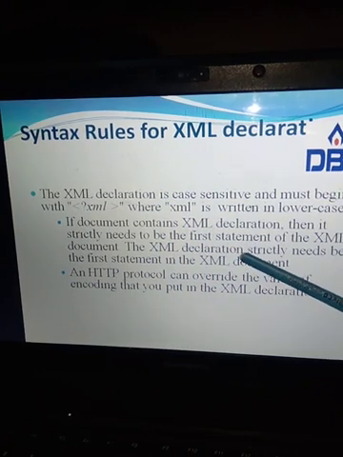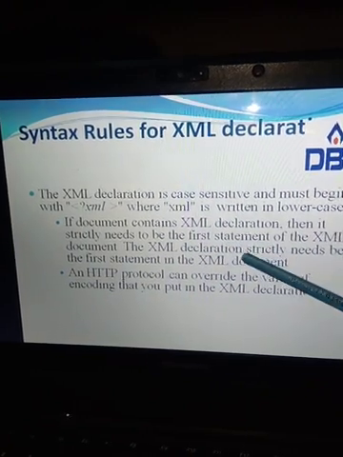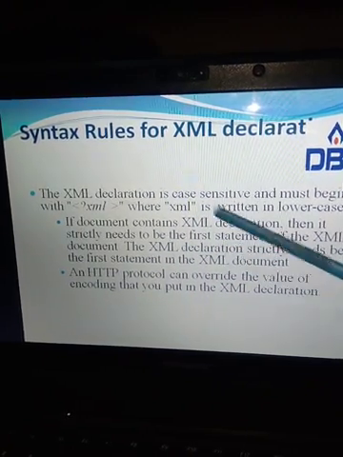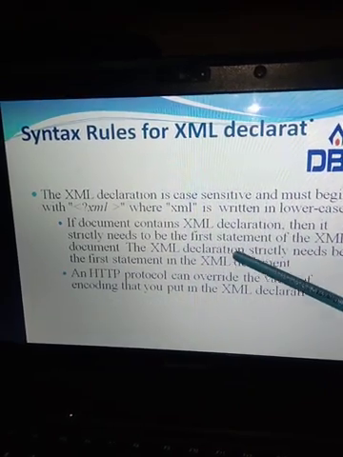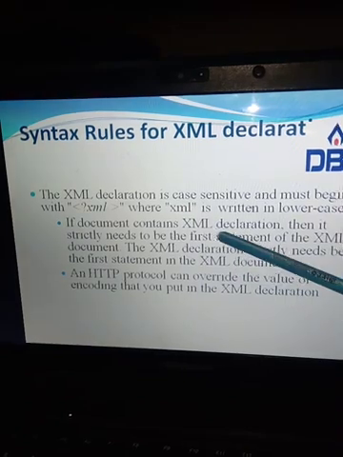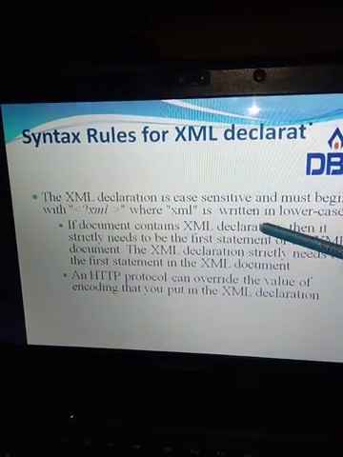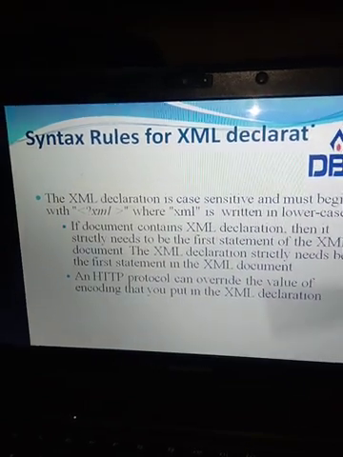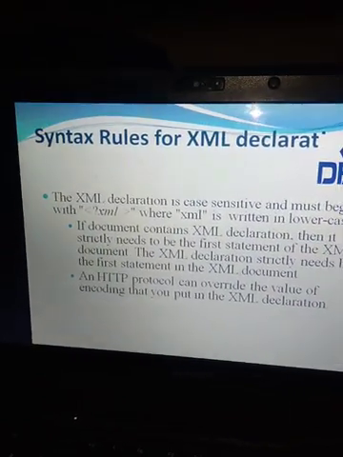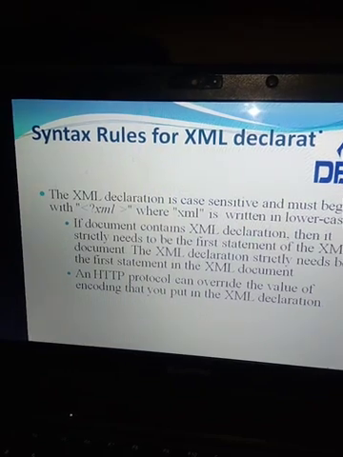Next rule, XML elements must have a closing tag. Next, XML tags are case sensitive. Next rule, XML elements must be properly nested. Next, XML attribute values must always be quoted. These are the syntax rules for XML declaration.